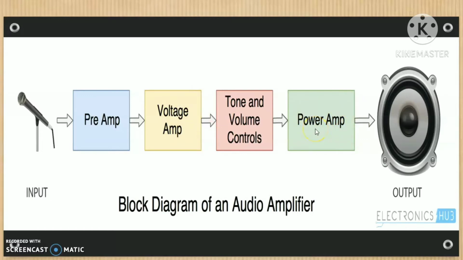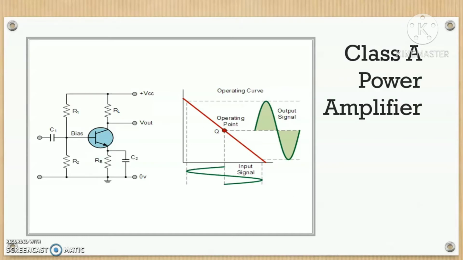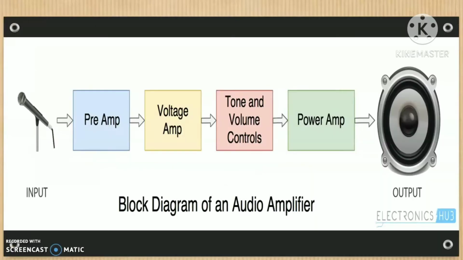Now a power amplifier is also used in the communication block, the transmitter block or receiver block. In the transmitter block you can see that before the antenna there is always a power amplifier, because we know that if we want the signal to travel a long distance, then its power level should be high. So in order to travel a long distance, we increase the power level of a signal before transmitting it through the antenna.